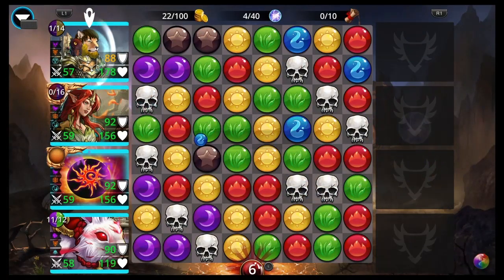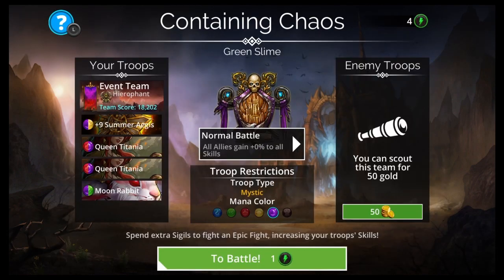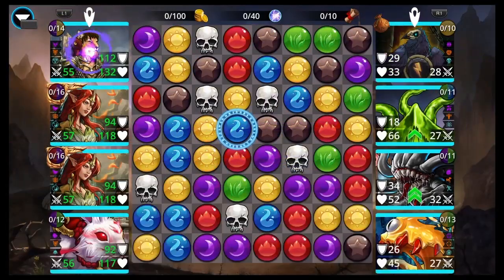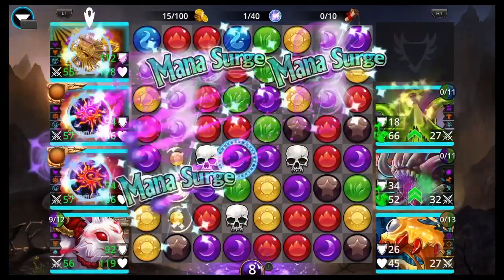I mean, Mountain Crusher, Reflection of Good, whatever you want to do, any kind of explodey weapon. Look up Bright Forest or look up one of the typings on Queen Titania. You'll be able to find something. But Summer Aegis is what I went with because it makes red and green. Moon Rabbit uses green. Queen Titania uses red, and the more red we put on the board, the more damage